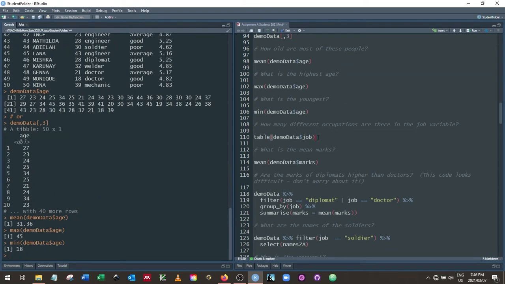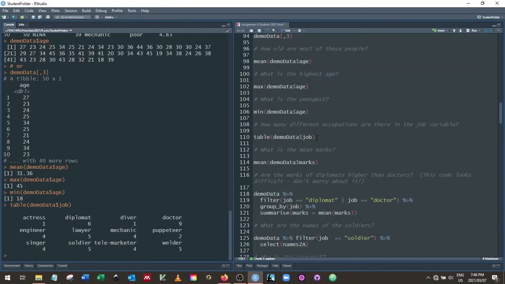With categorical variables like that, we need to do something else, and something handy we can do, if we had a question like how many different occupations are there in the job variable, is use a function called table. Again we're telling R to use this object, $, because we want only one of the columns, this time the job column, and if you run it you can see